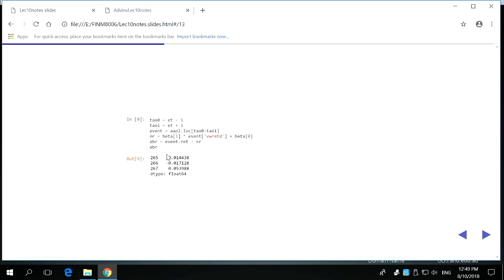Right? Now my abnormal return is just my return minus the normal return. And I can see during this 3-day window, this will be 0.0144, next is 0.0148, then at the time t plus 1, this is a huge increase of 0.054. Right, so by just looking at this abnormal returns, I have no idea whether this is a significantly positive reaction. Or does it mean, because there's some positive, there's some negative, that there's no abnormal returns